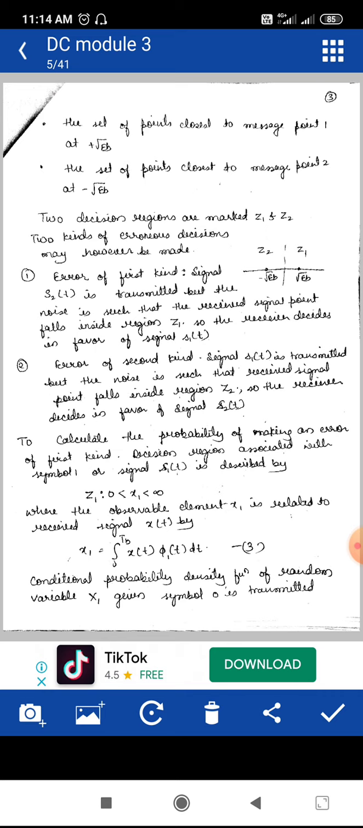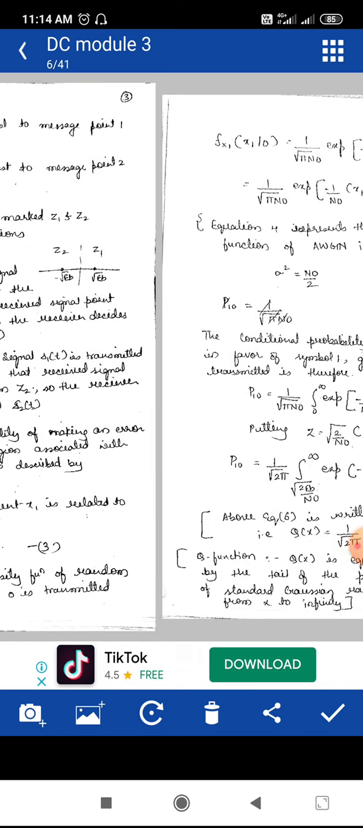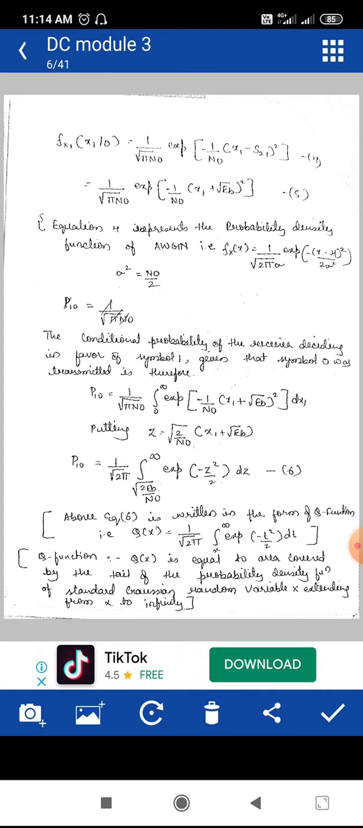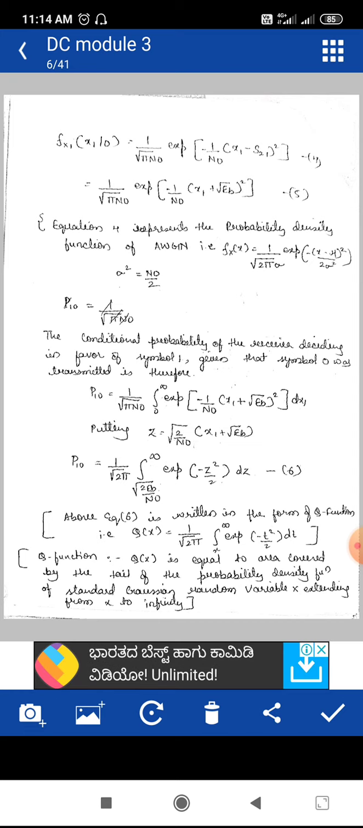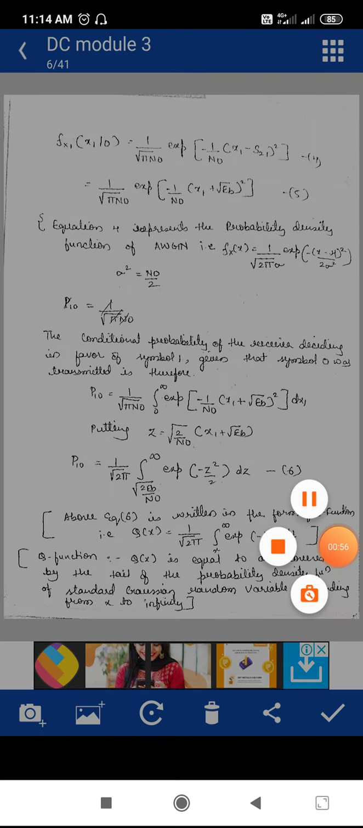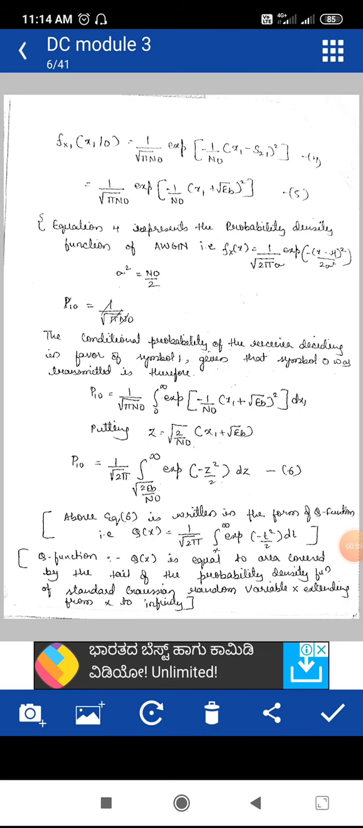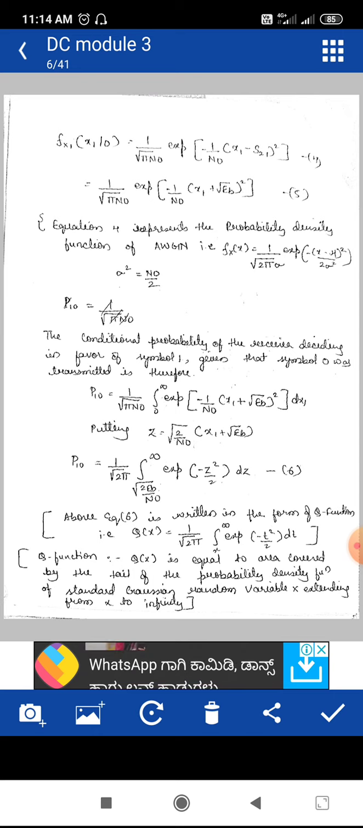Therefore, the probability density function of the random variable X1, given that symbol 0 is transmitted, is given by the conditional probability f of x1 given 0, where x1 is the received signal but the transmitted signal is 0. This is the definition of conditional probability. It is equal to 1 by root of pi N0 times exponential of minus 1 by N0 times (x1 minus s21) the whole square. Whatever equation we have written in equation number 4 is given as per the probability density function of the